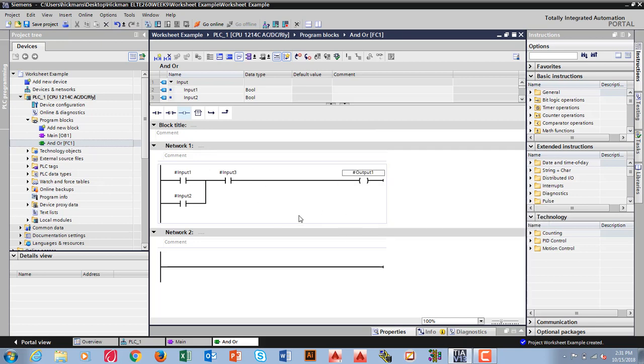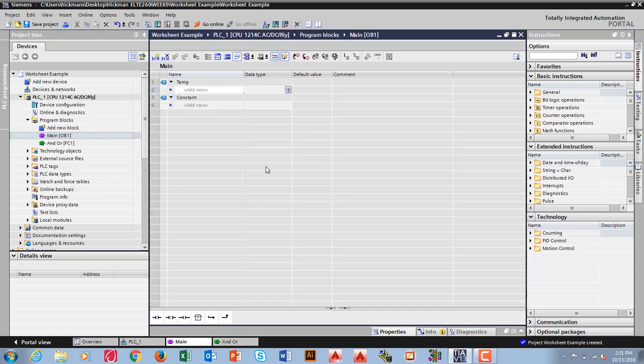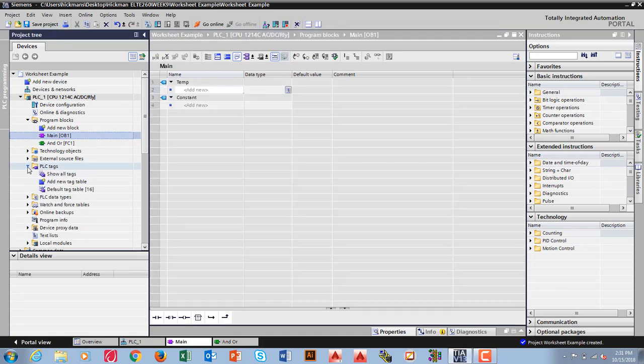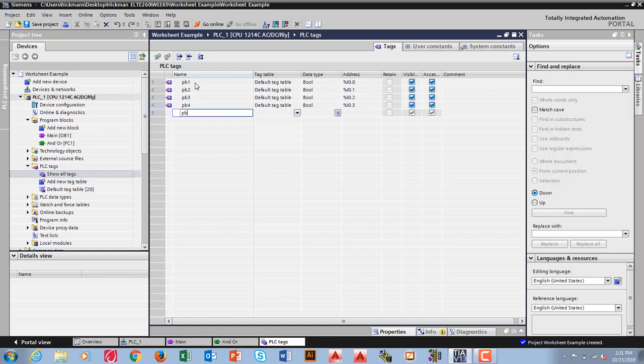So there's my function. Okay, now I need to schedule this, and I need to tie in some tags to it. So if I go back to my main, I'm going to have nothing in here. I need to set up my PLC tags. So I'm going to go in my tags right here. And it looks like I'm using 6 different push buttons. So if I go PB1, enter, PB2, PB3, PB4, PB5, PB6,